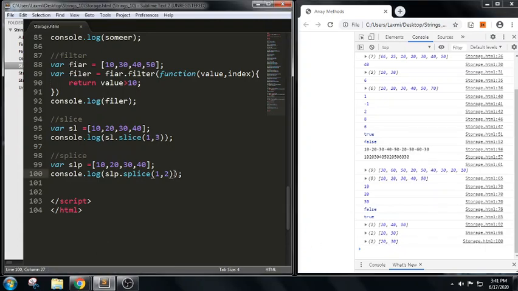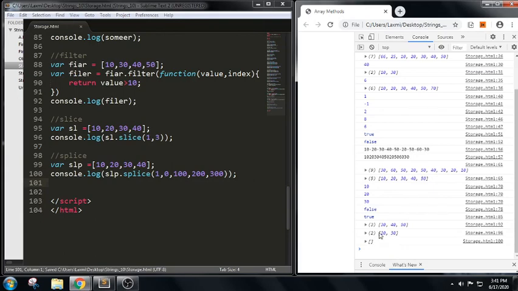For example, in the same argument, as we have discussed, first argument where to start, next argument how many elements we want to delete, and the third argument we can insert. For example, I have written something like this, 100 and 200 and 300 also, and in the place of 2 I have kept 0. 0 indicates we should not delete any element. 1 indicates where to start, and the parameters from the third argument indicate the elements we can insert. So it will try to insert the rest of elements.